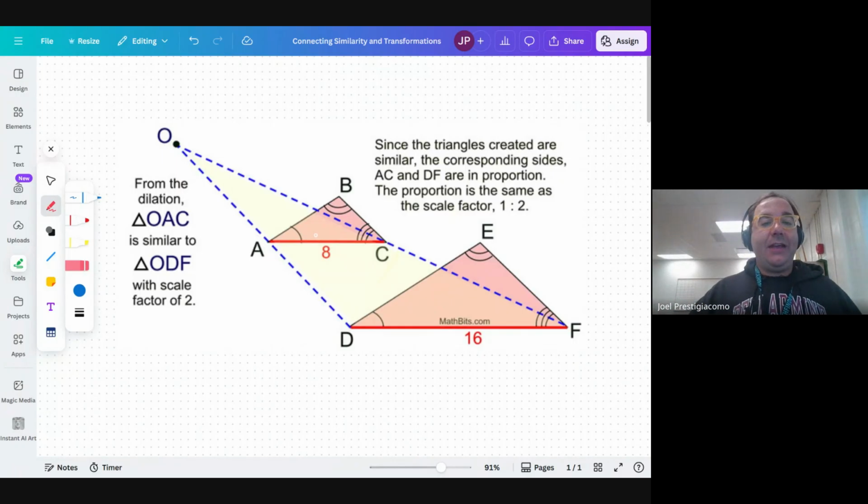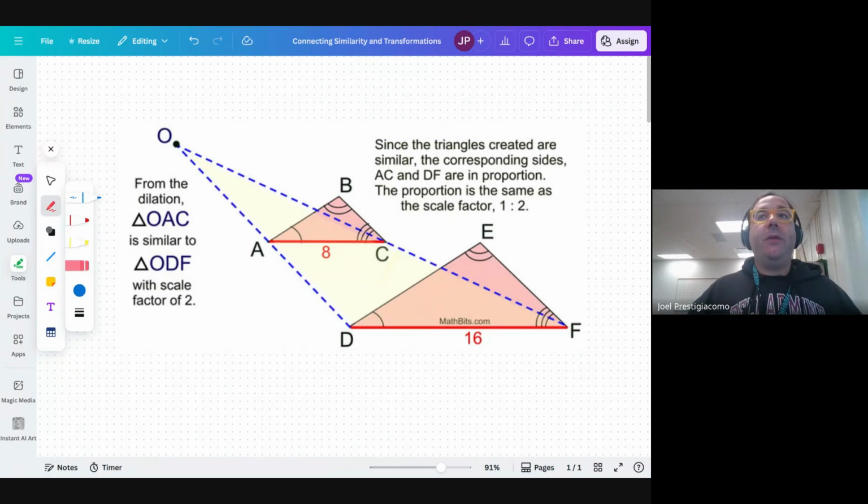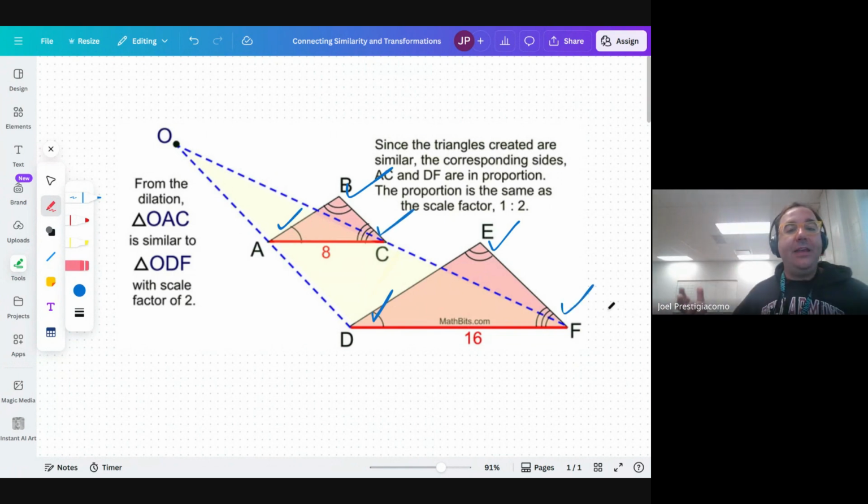For instance, in this case here, we see a triangle ABC, and we see another triangle DEF that is an enlarged version of it. Now, if we did this by a transformation, this would be A prime, B prime, C prime, but we're going to skip over that right now. But if we know that they're similar, all three angles must be the same. One, two, and three,